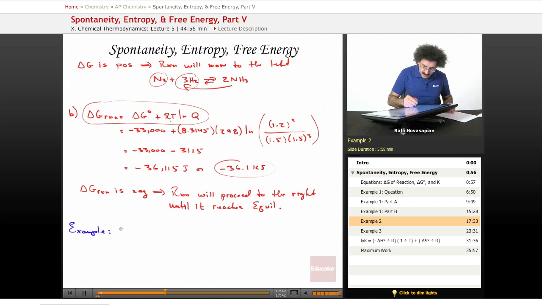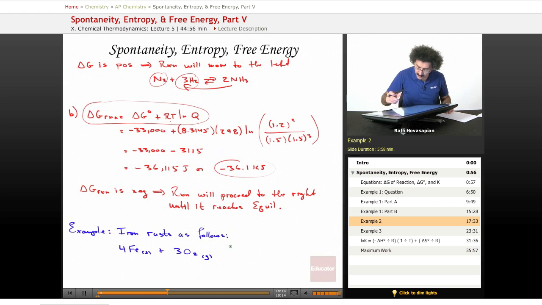Okay, let's see. So iron rusts as follows. The reaction is 4 molecules of iron, solid metal. Let me write this a little more clearly here. These straight lines again. So 4 Fe solid plus 3 molecules of oxygen gas